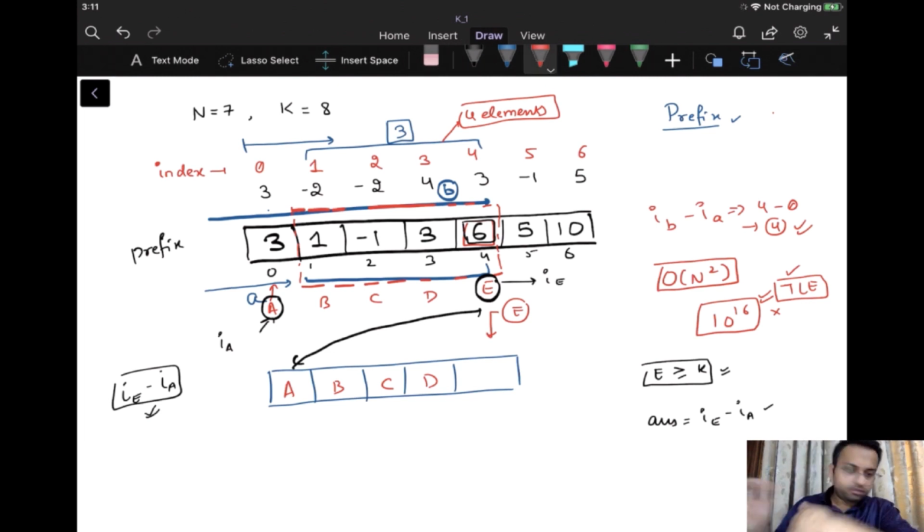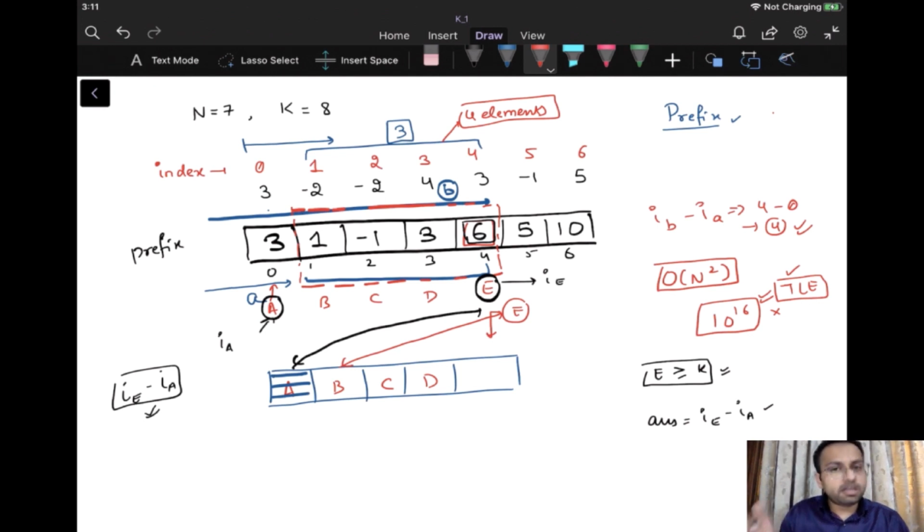I have a certain sum which is exceeding the value of k, right? We need to find the shortest subarray having a sum of at least k. If the sum is equal to k, in that case the length will be smallest, right? So what should I do in this case? Obviously you can think, what if I remove A, and calculate what is the length and what is the sum of this particular range now, which has decreased.